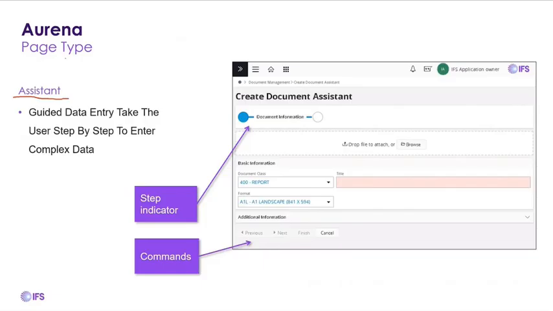We will be guiding the end user to enter data step by step. So maybe the first step, that person needs to enter personal information. Then the next step, sometimes some kind of order information. And the third step, maybe bank information. That way, we can guide the end user to do that work. Or if we want to do an operation, we can use this